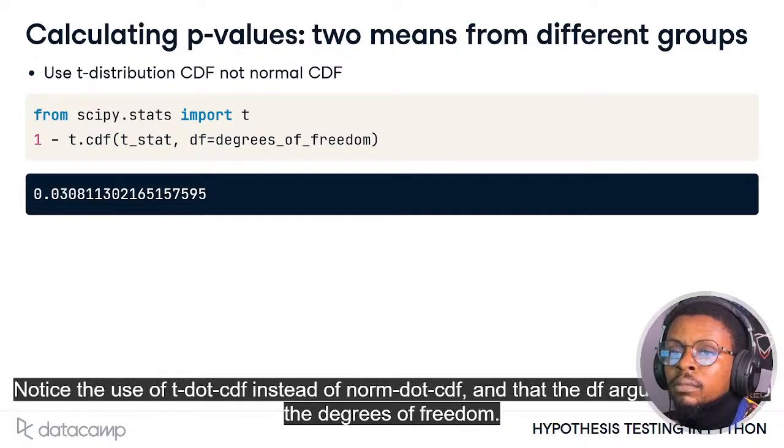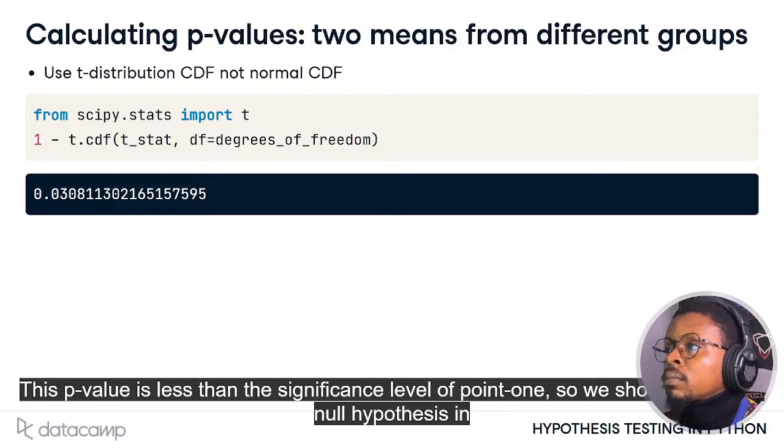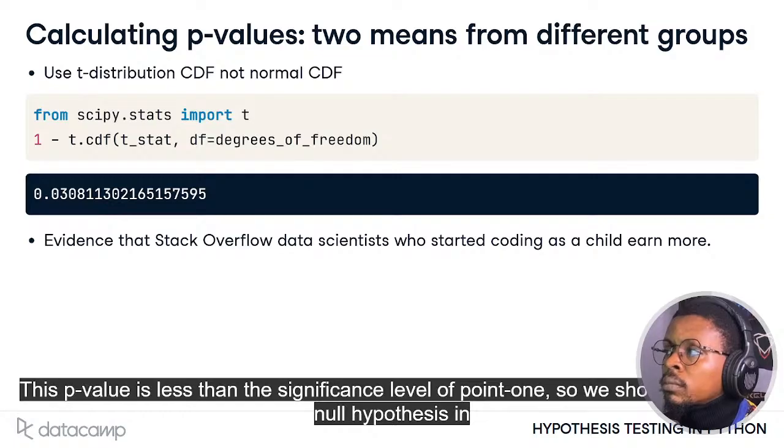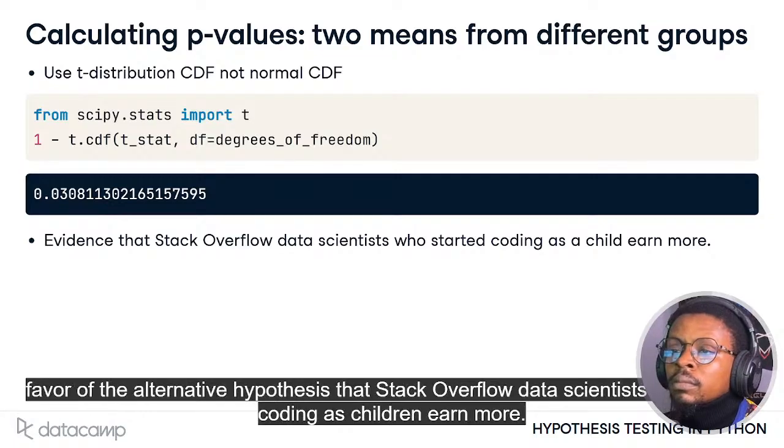Notice the use of t.cdf instead of norm.cdf, and that the df argument is set to the degrees of freedom. This p-value is less than the significance level of 0.1, so we should reject the null hypothesis in favour of